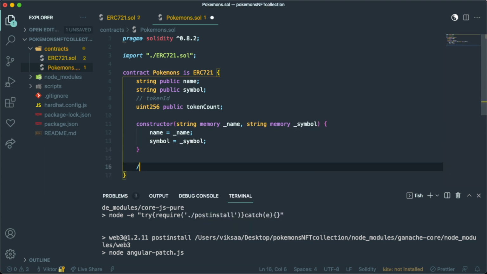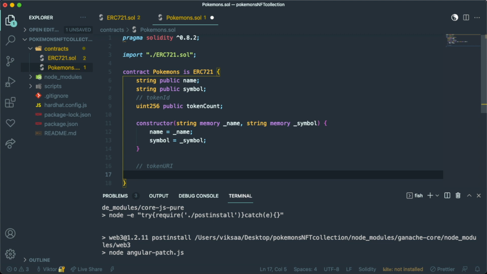The next thing we're going to do is create what is called a tokenURI function, and this is a very important function. It basically returns a URL that points to the metadata of an NFT. So an example URL would be this one. Let's say it returns this URL, which points to IPFS, and here you have the ID of the NFT. If you were to load this on a website, you would see the NFT metadata like the image,